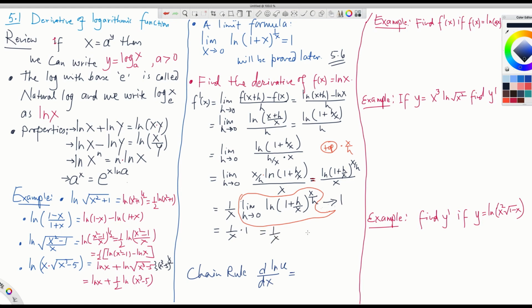So what we can write here is that the derivative of natural log of x is 1 over x. Look at this. They are matching, right? The derivative of natural log of x is 1 over x. But if they don't match, how do you do that? You do 1 over u times u prime, right? If there is natural log of u, but you are finding the derivative with respect to x, then it will be 1 over u. The derivative of natural log is 1 over whatever is there, times the derivative of that thing, u prime. Okay,